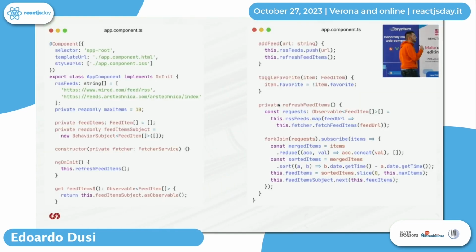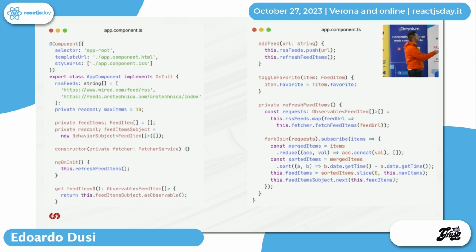Code is a bit more complex here, because in Angular, first of all, when you want to write business logic, and my business logic here is fetching feeds, fetching items from feed, I don't put business logic into my components, because I want to separate responsibilities, okay? So my component is only responsible for rendering. And fetching is something that I want to do in a different class, because Angular is made of classes. I want to do the fetching part in a different class. And this class is a service.